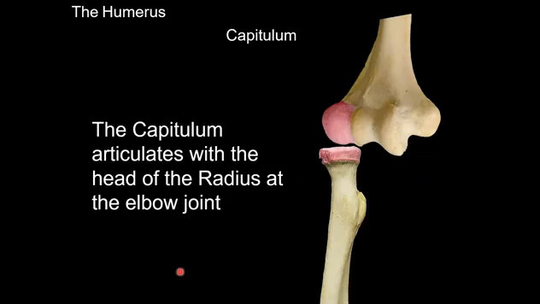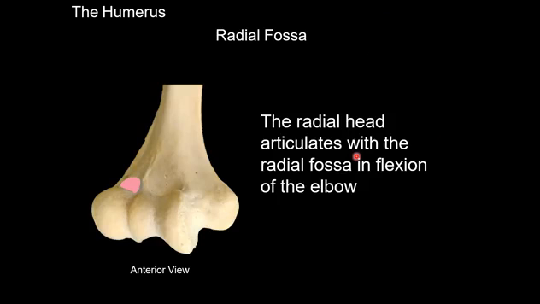So look at that connection I was talking about. So you can see, remember, the ulna is medial while the radius is lateral. So that helps to know the positioning of these bones in the body. So we also have the radial fossa. The radial fossa articulates with the radial head in flexion of the elbow. So when there is flexion, you also see, just like we have the